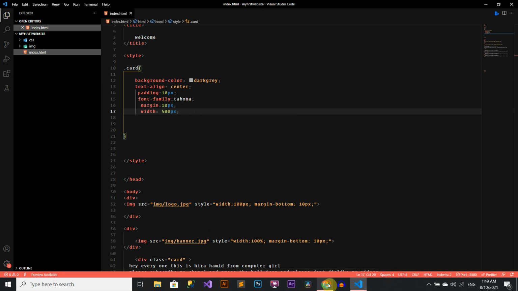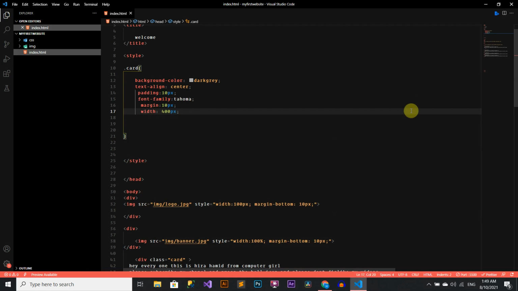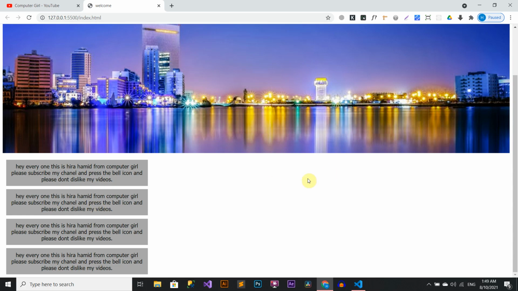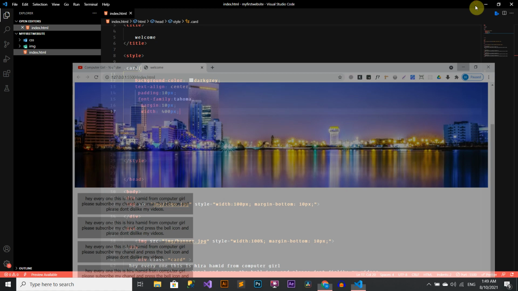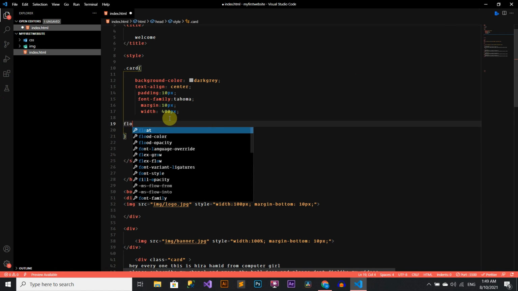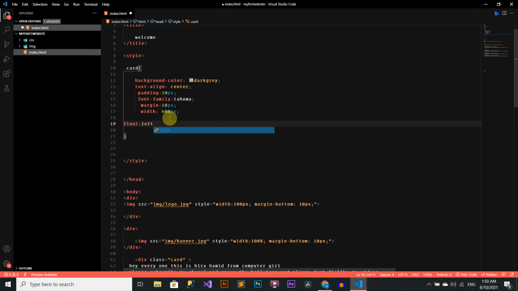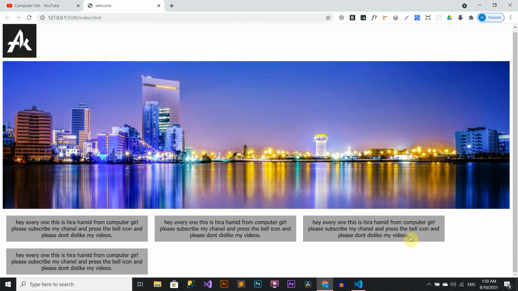Check the result, here it is. Now I want to see all these cards in one line, so I will add float left, and you can see the cards are in one line.